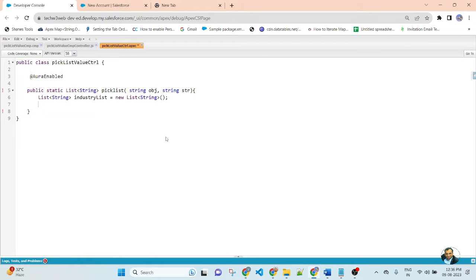After that, I will use the Schema property to retrieve the picklist value dynamically in the Apex class controller.